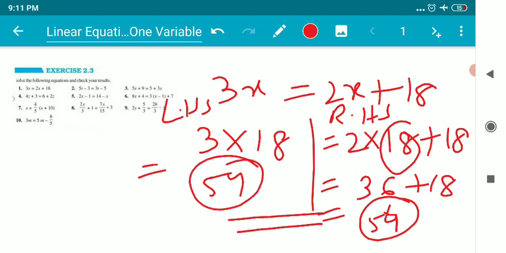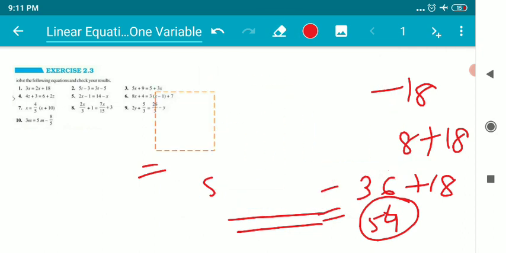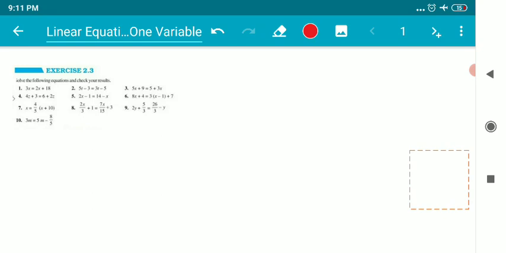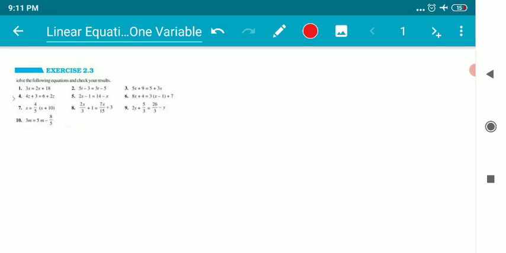So children, I'm getting my right hand side and left hand side equal. It's coming equal. So what does it mean? It means that the value of x which I got after solving the equation, that was 18, is absolutely correct. So children, this is how we have to deal with this kind of questions. Now we will try the next question. The next question is question number 2. Let me write the question. Question number 2 is 5t minus 3 is equal to 3t minus 5.